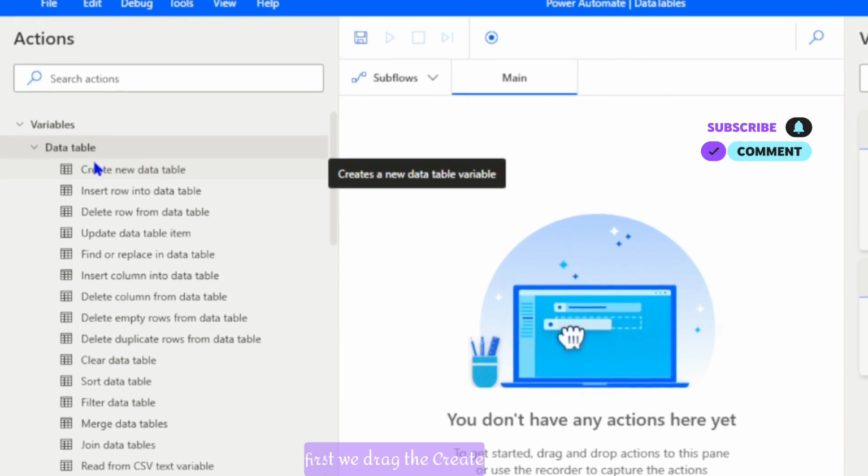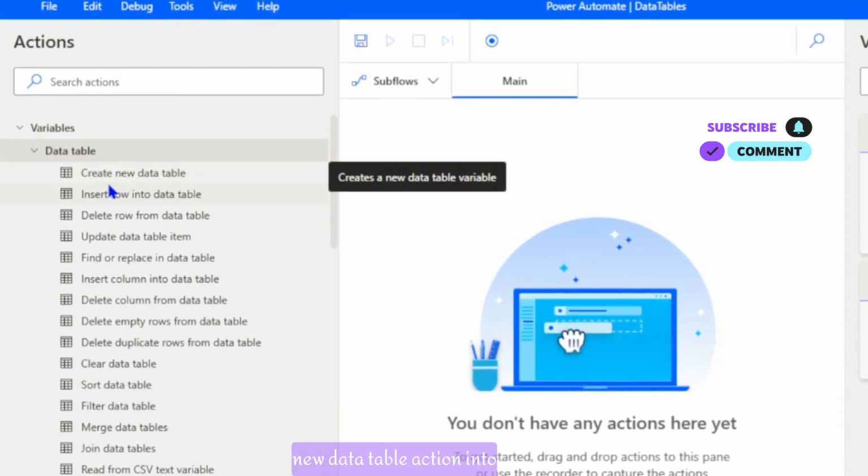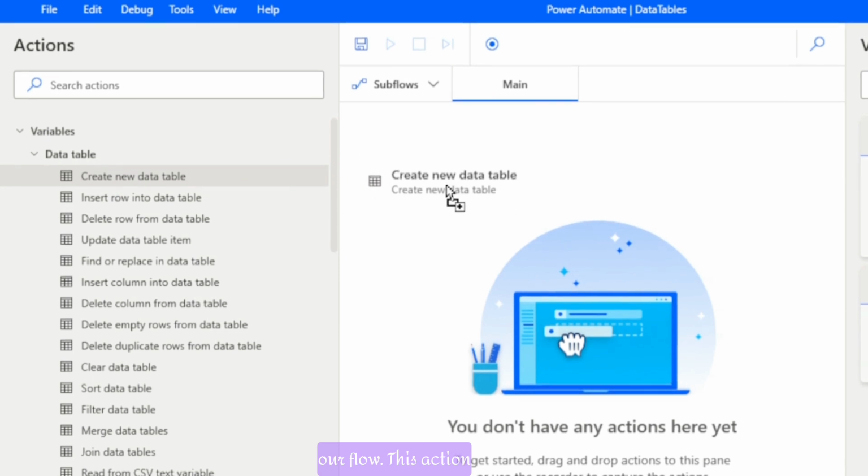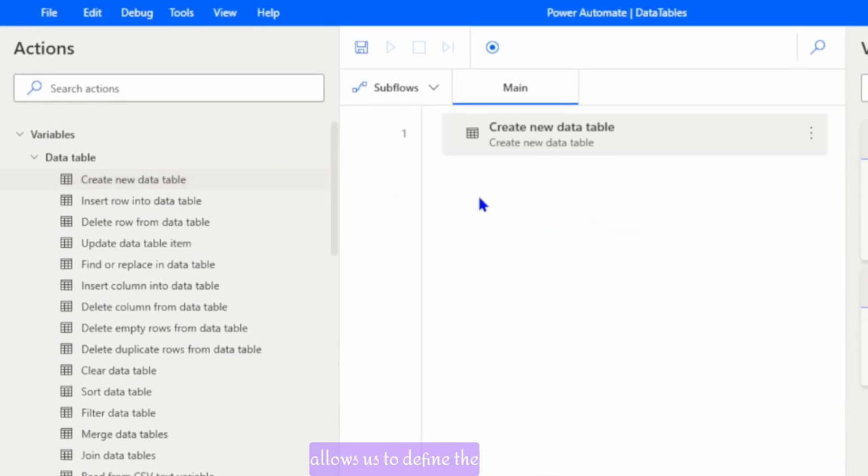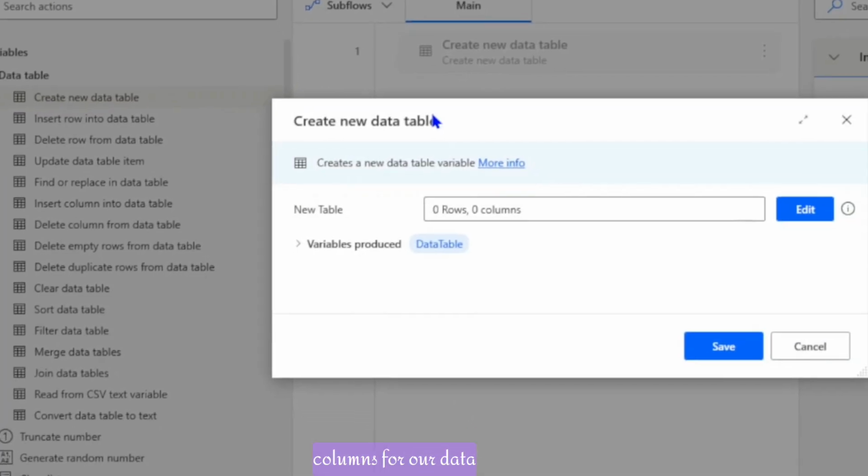So first we drag the create new data table action into our flow. This action allows us to define the columns for our data table and add them one by one, and also we can add the rows in our data table. For example, let's create a new data table and create some columns in it. You can see new table, and this is the name of the data table. We can rename it